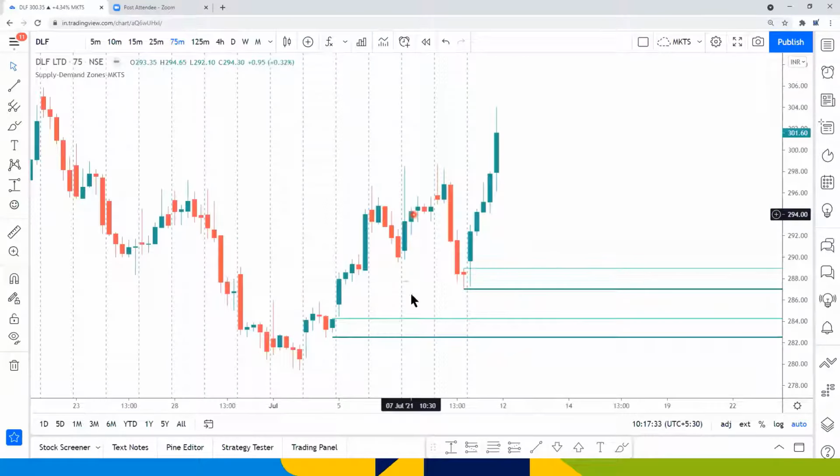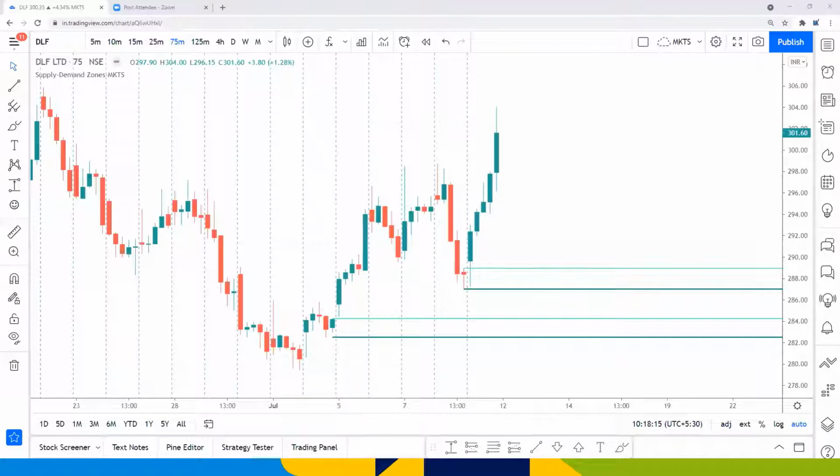The below level is a tested level. Now this level, drop base rally, is not a tested level. If you check, has price come back to this zone? Check to the right of the zone. Price hasn't come back. So the level is fresh. But there's a concept of authenticity. This is not an authentic level. This is a reaction to the level on the left. How to trade this, the nuances, we are not discussing here. Maybe we'll have a separate session for that. Here we are going to talk only about indicator settings and how to use these alerts.